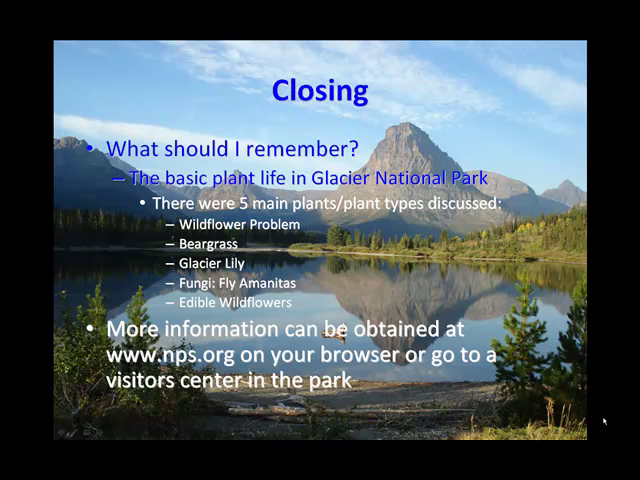It is important that everyone realize the greatness of this park. Mother Nature has blessed Glacier National Park with many different kinds of plants, and each of them serves a purpose. All of the information I've provided you today can be found at the National Park Service website. Just type in